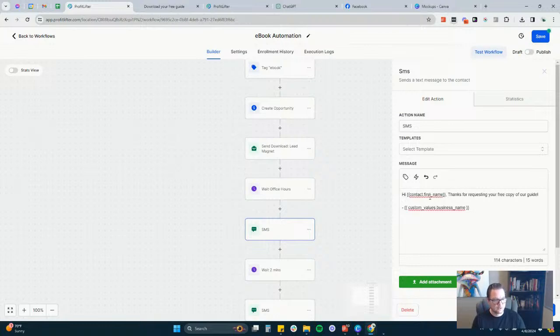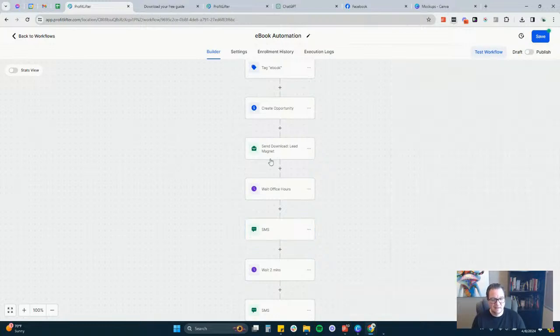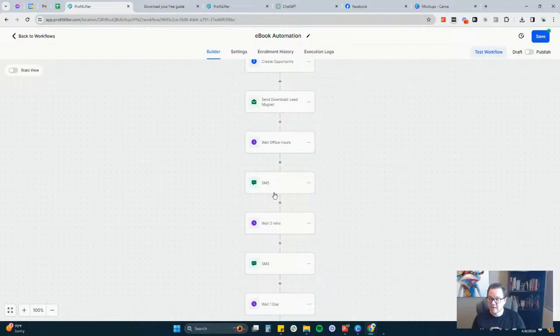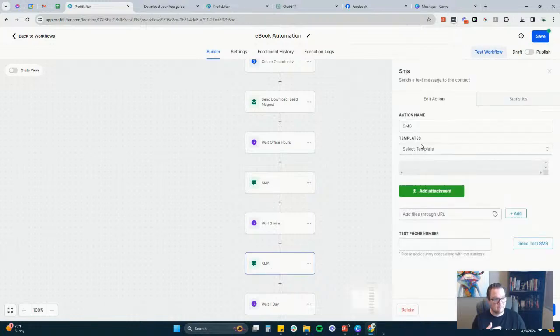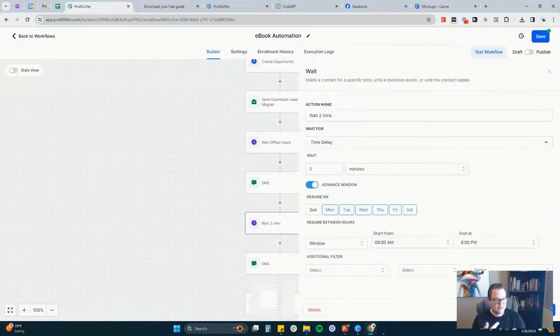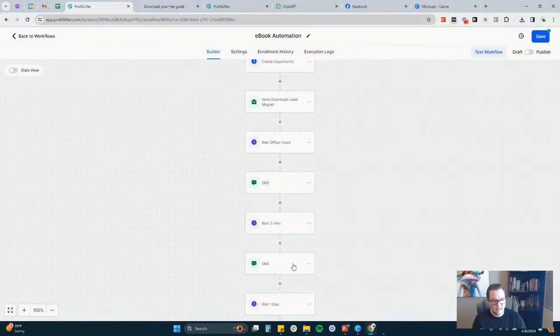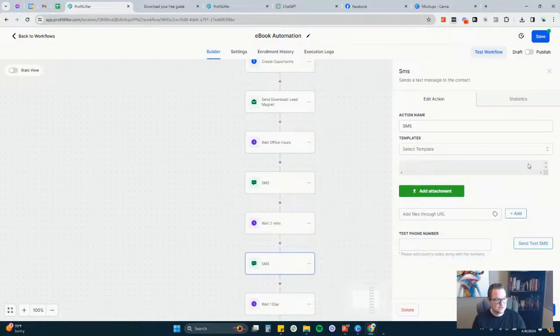And you can see we have this built in, so it's going to send out a text message that says, "Hi, first name, thanks for requesting your free copy of our guide," and then just a little signature. You can customize that. Now, the next thing I'm going to do is start a conversation with them based off of them downloading that guide. So from here, this next one, you may want it to wait a couple minutes, maybe 5 minutes, whatever you want it to be. But this next message,